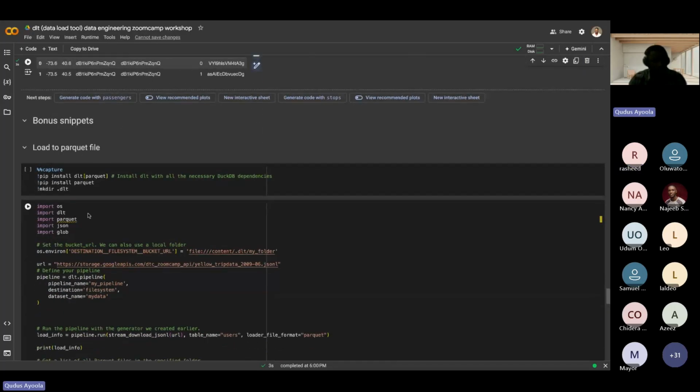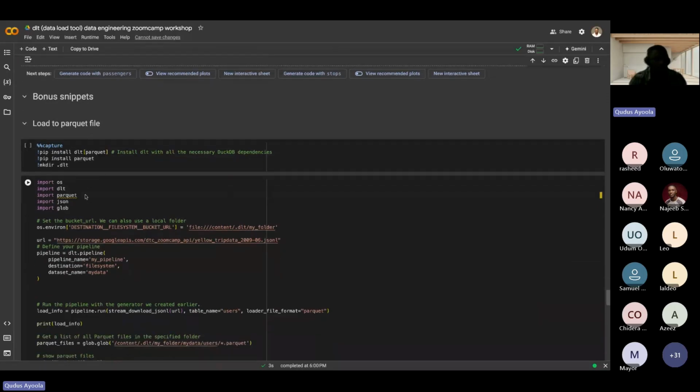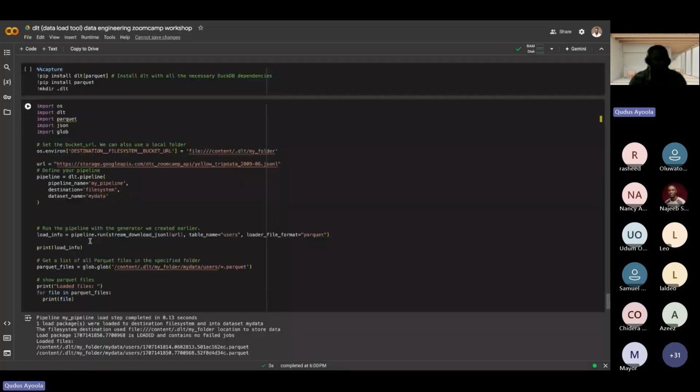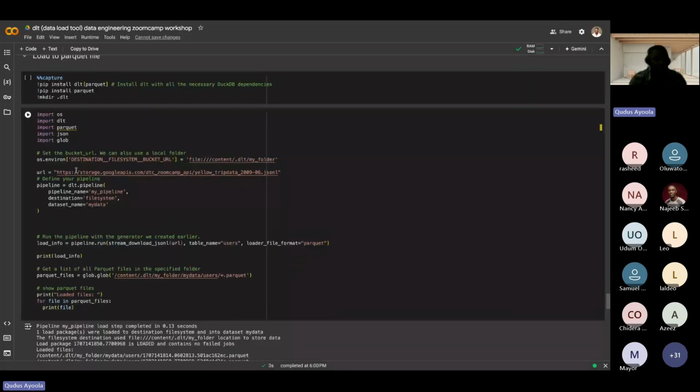So what's next? These are other scripts that show how you could load into other database systems. These are different templates you could use. So right here, this is saying when you are working with a parquet file as your destination rather than docdb, how do you load this data? You can use this template and specify the destination, which is going to be a file system at this point.